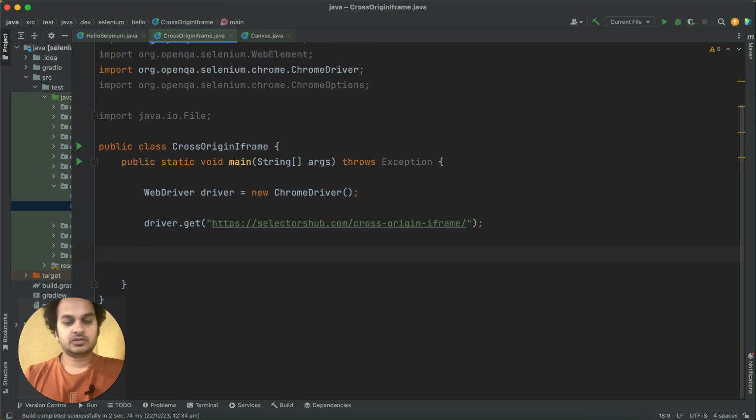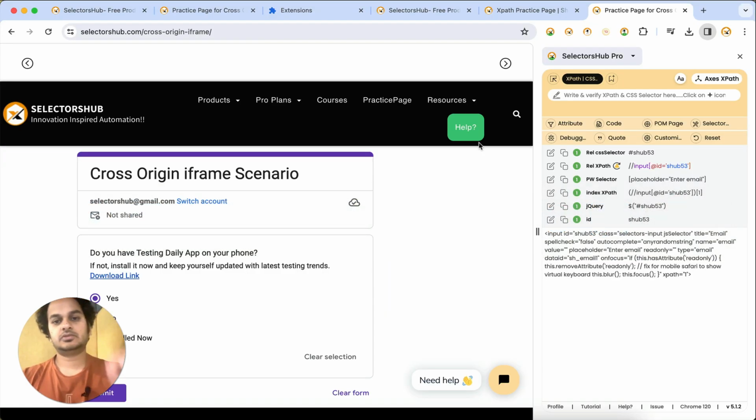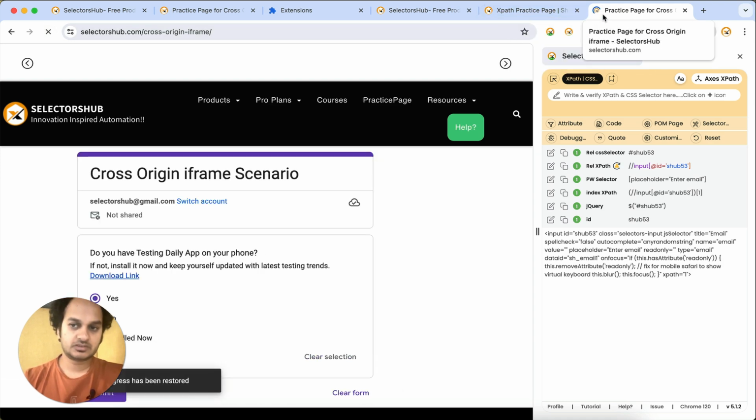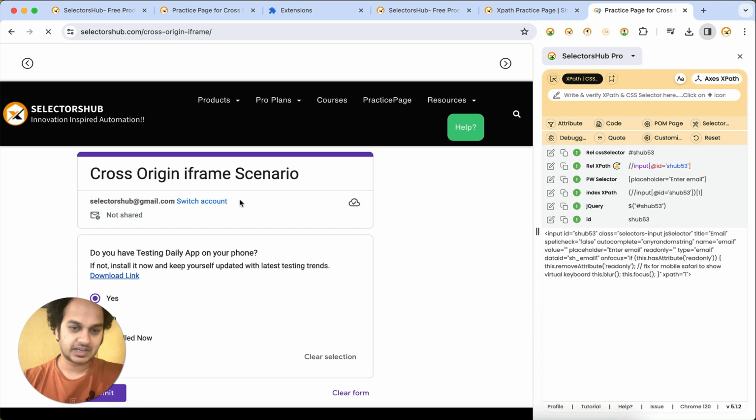So when you handle the cross origin iframe, you really need to take care of one thing, that you make sure that your page is loaded completely. Like this, that loader is not appearing here. So let me just refresh the page. You see that loader is loading. So make sure that this loader get completed and the iframe got loaded in the page,